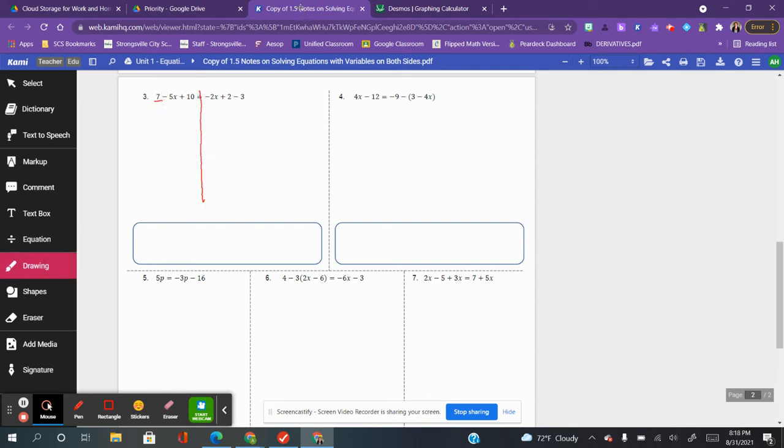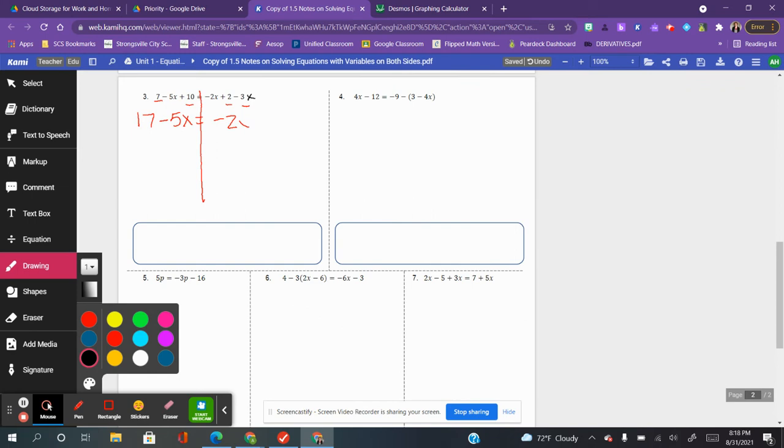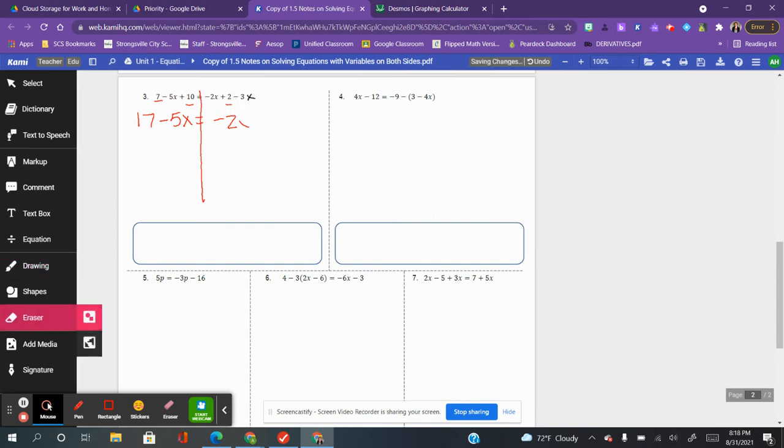I notice I have like terms that I can combine. I get 17 minus 5x equals, and over here I have like terms as well. So negative 2x, I apologize. There is a typo that needs to be undone. In this problem, there should be a 3, it should say 3x on your paper. There we go. And now that that says 3x, then the two terms that can get combined are actually the